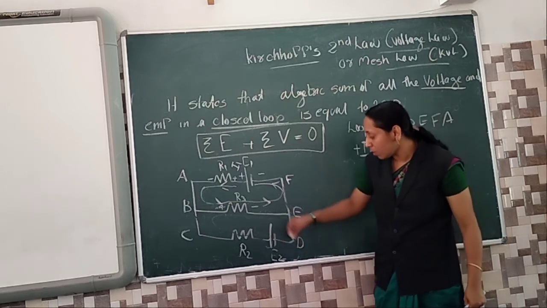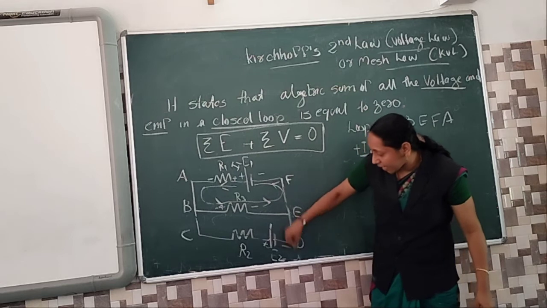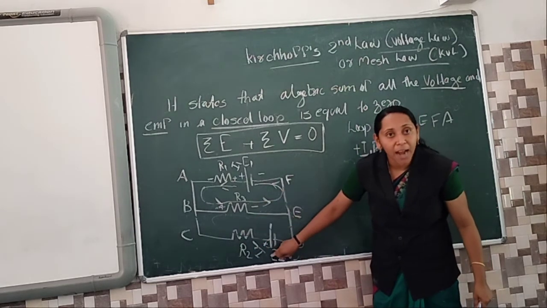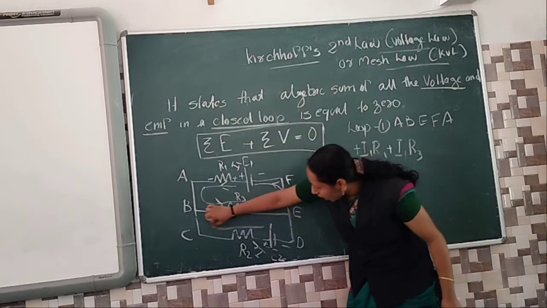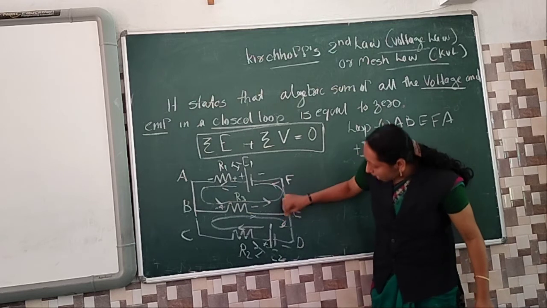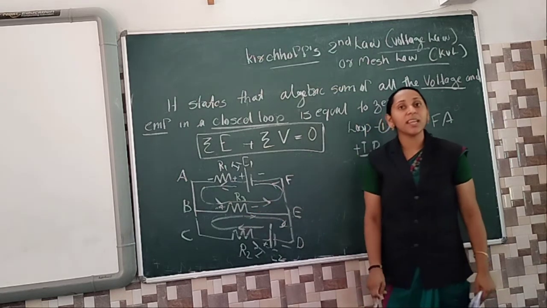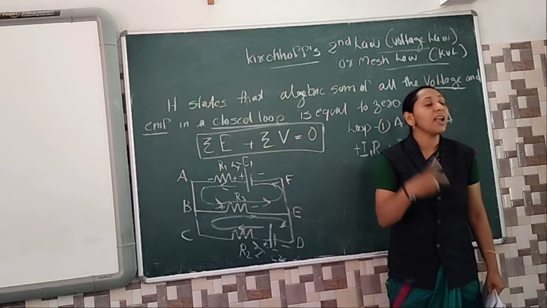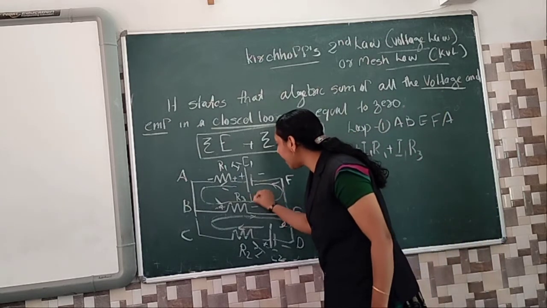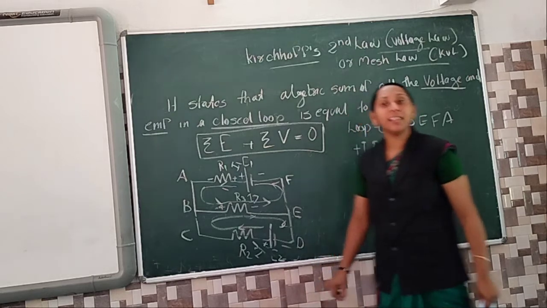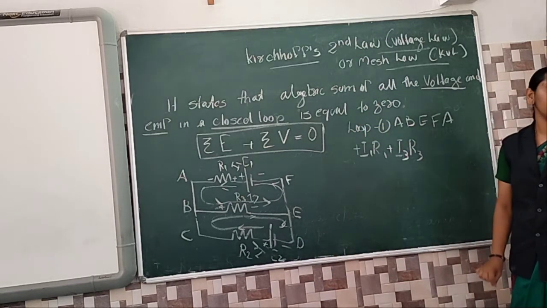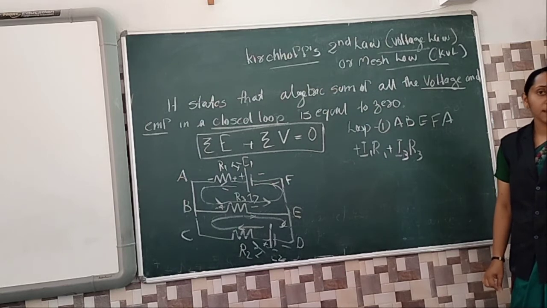Look below, here it is positive, here it is negative. The current from E2, I am calling it I2. That current is passing through like that. Did you all understand? So I2 is also passing through R3. So R3 experiences two different currents, I1 and I2. That's the reason I am calling the current in R3 I3. So I am writing plus I3 R3. Is this step clear? Did everyone understand?